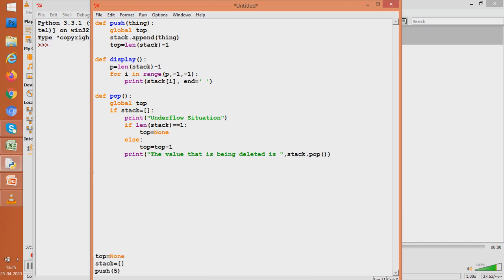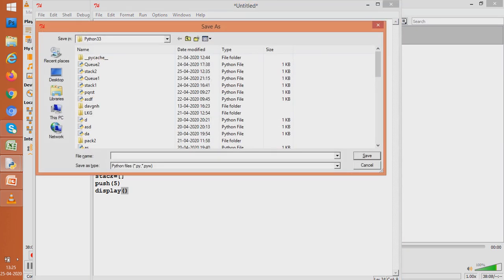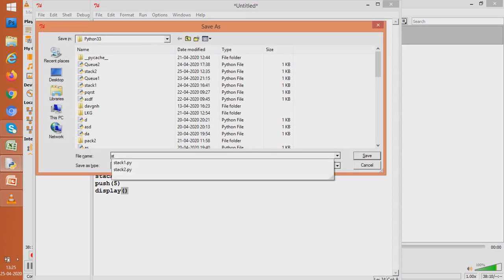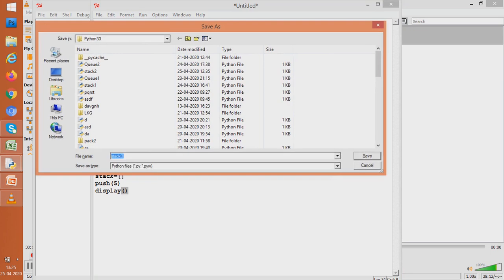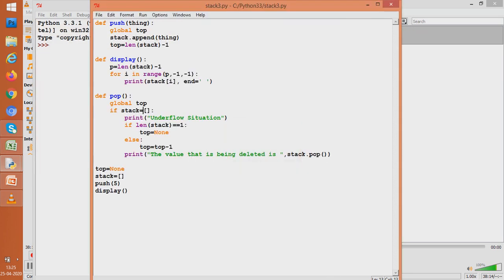So after writing these 3 functions, let us now try to execute the functions. So we will try to push 5 into our list which is being implemented as a stack, and then try to display it. So we have tried to execute the function, but as I see we have an error.